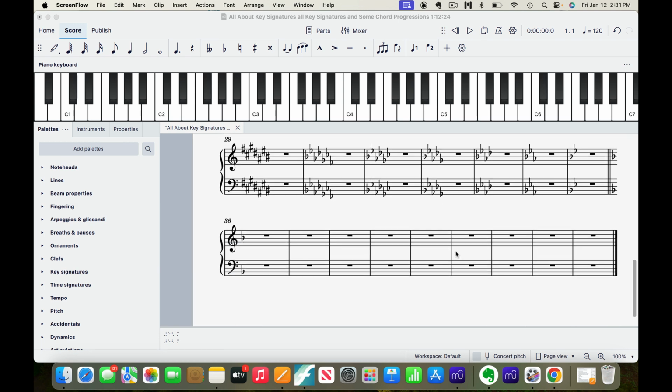So those are the keys that the key signatures denote themselves. These are not the order of sharps and flats in the key signature, but the keys that the key signatures are known by. All right,